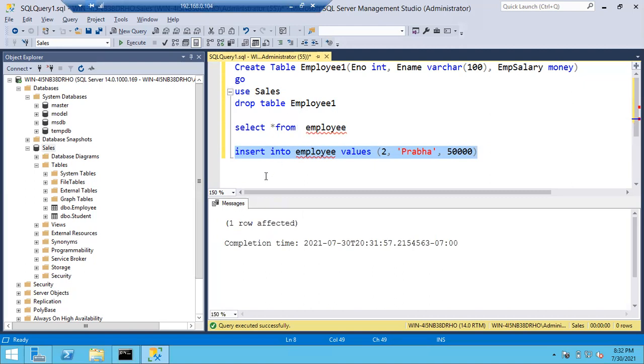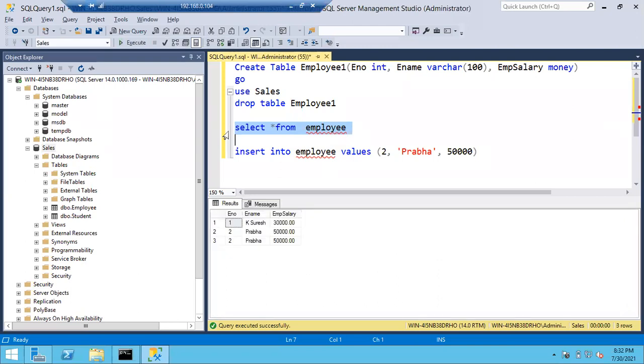Because usually, in case you don't want to insert duplicate values, you have to create a primary key on the table. As we haven't created any primary key on the table, it will allow the duplicates. So by default a table will allow duplicate values. Now how many records will be there, 1 or 2 or 3? 3 records will be there. By default it will allow duplicates.